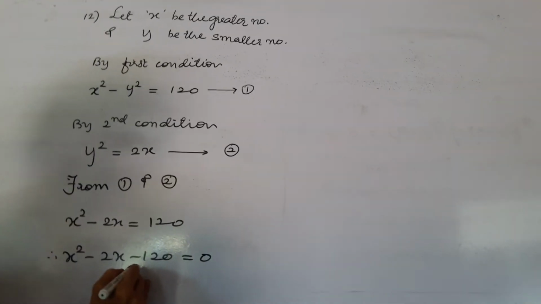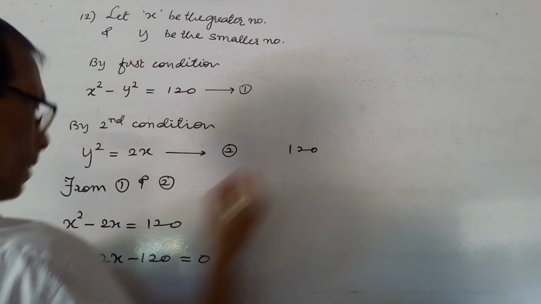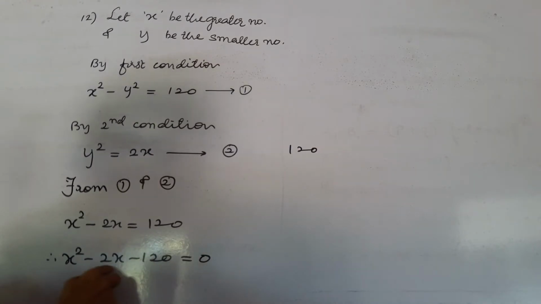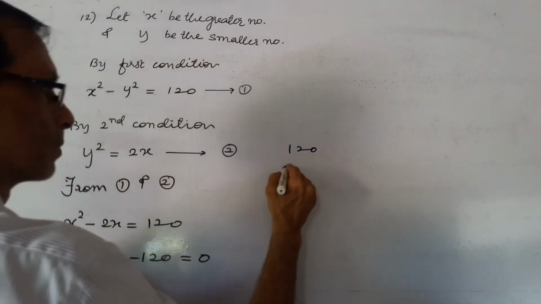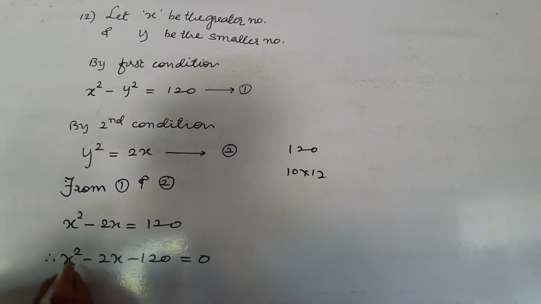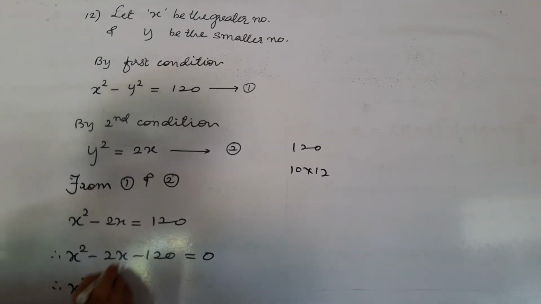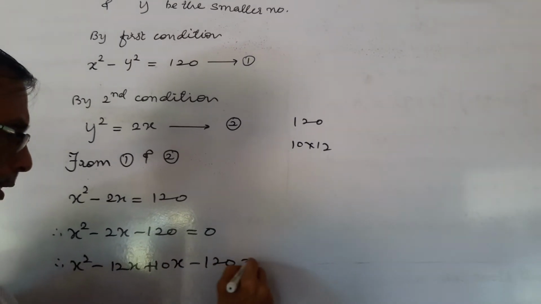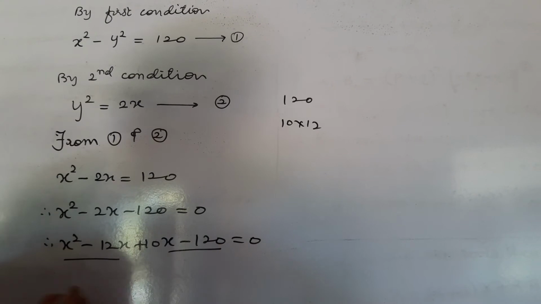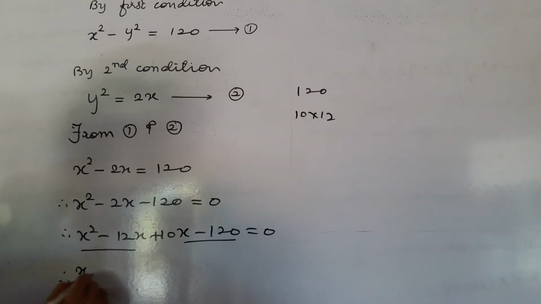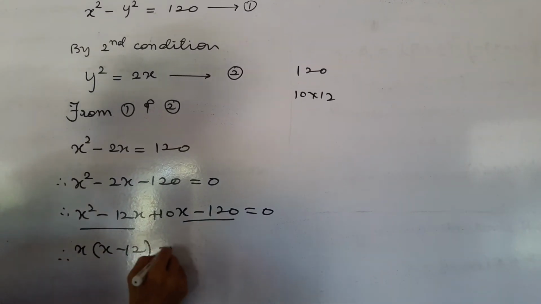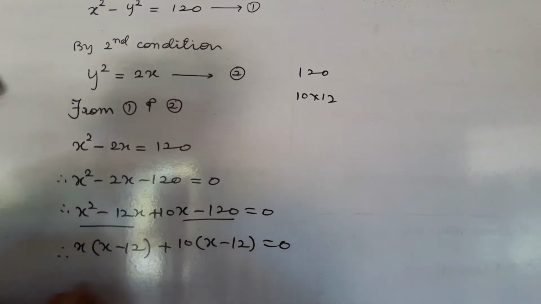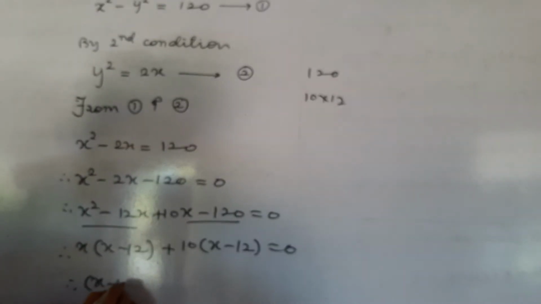Again here there is a minus sign, so we have 120. We have to split 120 into two numbers such that the difference will be 2, and we know that 10 and 12 work, and therefore we get x square minus 12x plus 10x minus 120 equal to 0. So as usual, make two groups. From the first, x is common, therefore x minus 12. From the second, 10 is common, therefore x minus 12 equal to 0, and therefore we get x minus 12 or x plus 10